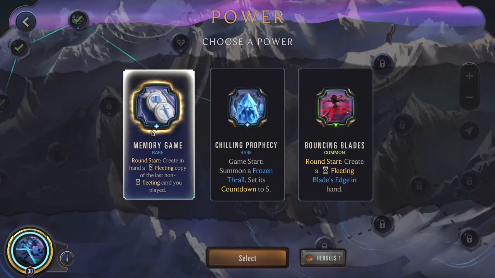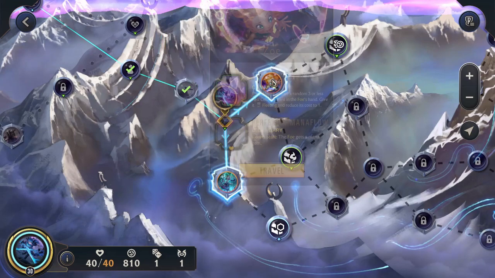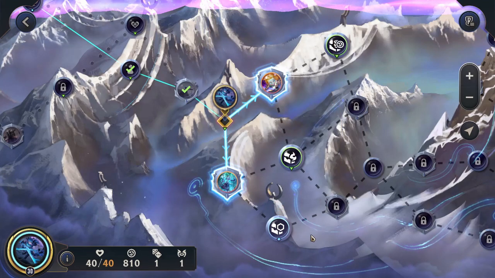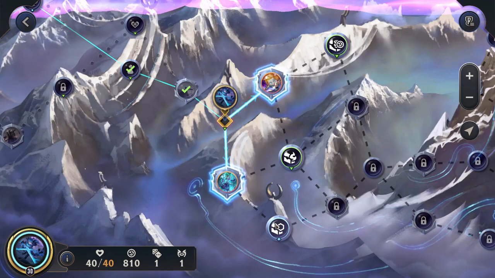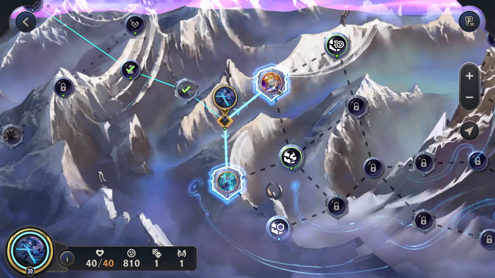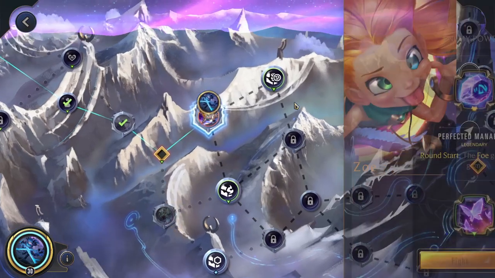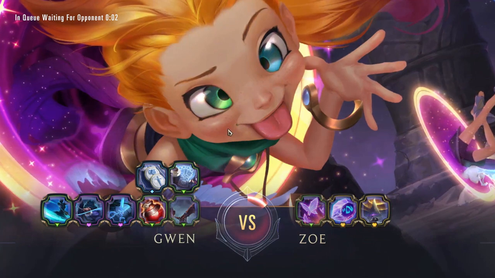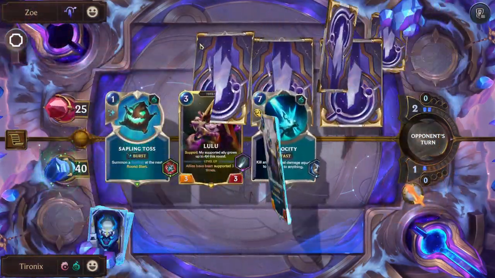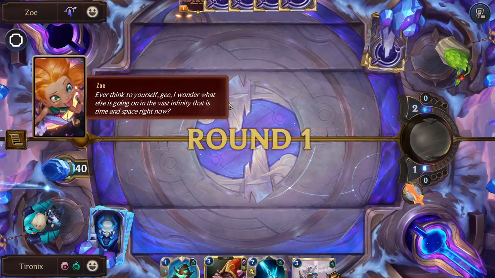So Memory Game can be pretty good at times. We'll see how that goes. So the item chest would be better, but I don't really want to play against Karma again after the Teemo one, and I haven't played against Zoe yet. So let's see how Zoe is in this game mode as compared to the Galio one. I think I saw on Reddit or something that people think she's not as bad in this one. Granted, I never really had problems with her in the Galio one, but...